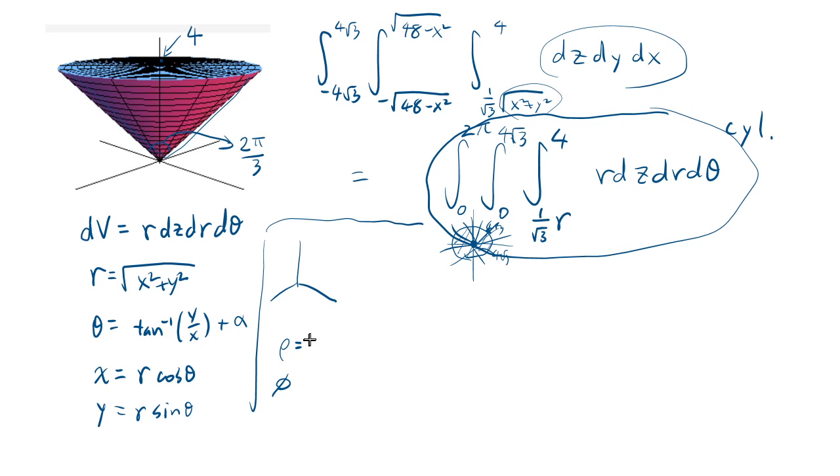Rho is the distance from the origin, so it's the square root of x squared plus y squared plus z squared. And phi is the angle from the North Pole. So if you had some point in 3D space, phi would be the angle from the North Pole. So you can draw this perpendicular line to the z, and if you view it from the side, it's like